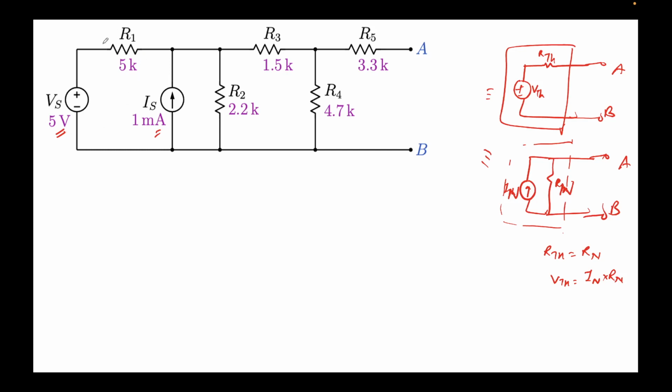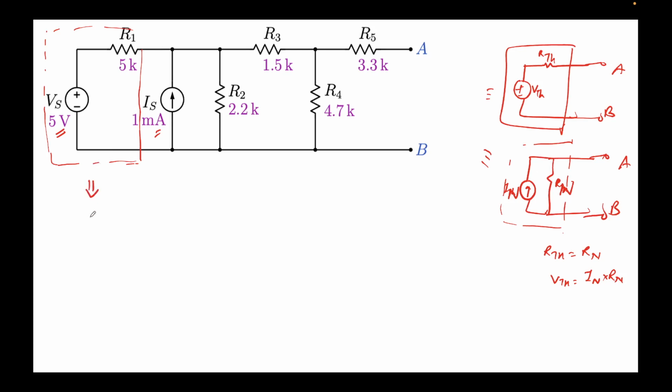So what I'll do is that, just consider only this part, the VS and R1, right? So I'm going to consider only this part of the circuit, right? Only this part. Now I know this is in this configuration, VTH RTH. You can see that VS and R1 are in this configuration. I can simply convert to this configuration. So how do I do that? I can say, now this highlighted part